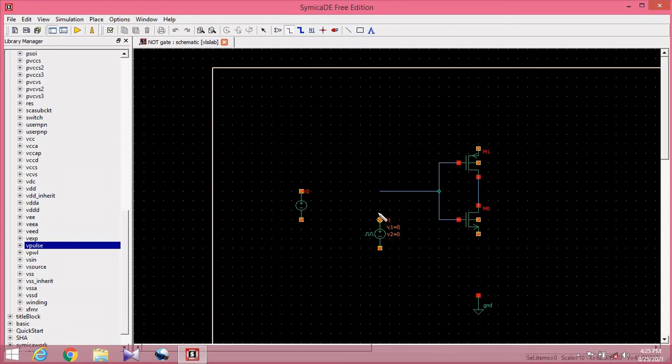Here we will connect this pulse at the input terminal and this VDC at the output terminal. Here we will connect ground. This ground will be connected to these wires also. Okay. And for the output port we will take a pin.